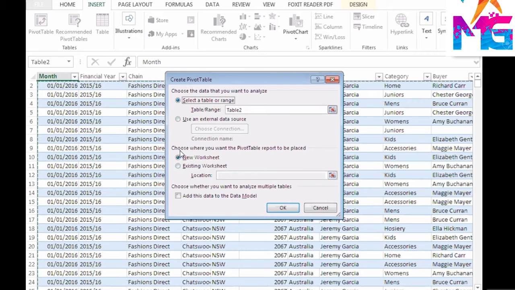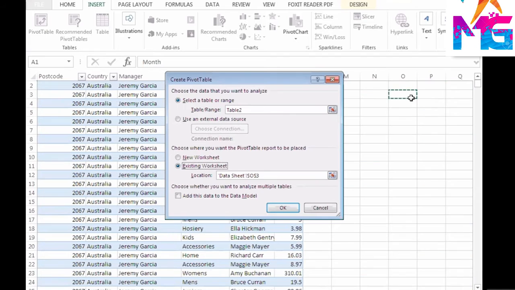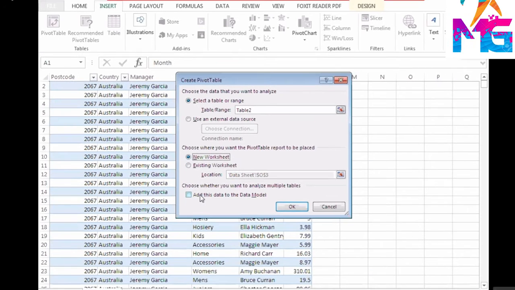Choose where you want to put the pivot table report, either in a new worksheet or in an existing one. If you say existing, then you'll have to go and select the area. But I choose to have it in a new worksheet. Choose whether you want to analyze multiple tables.